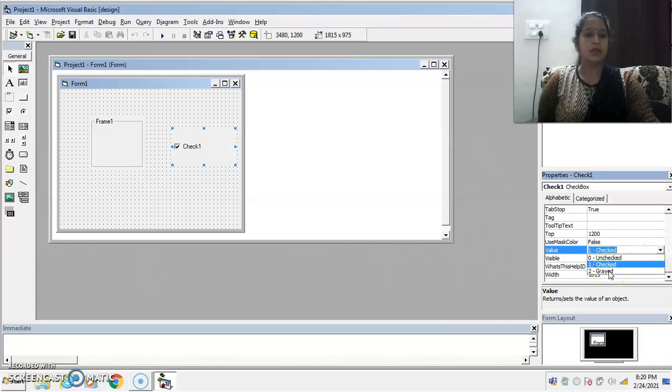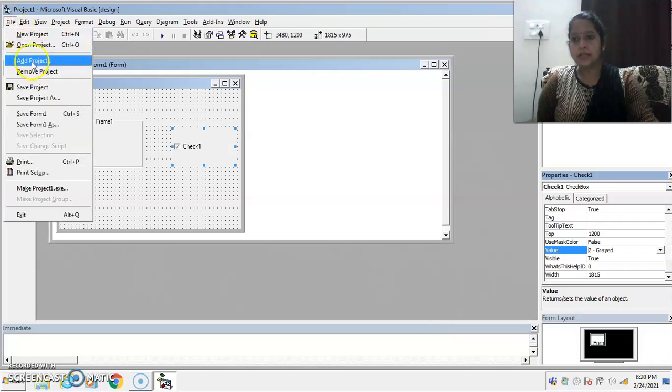And the third important value is grayed. Just like in the toolbar, these are activated commands and these are non-activated commands, because non-activated commands appear in gray color.